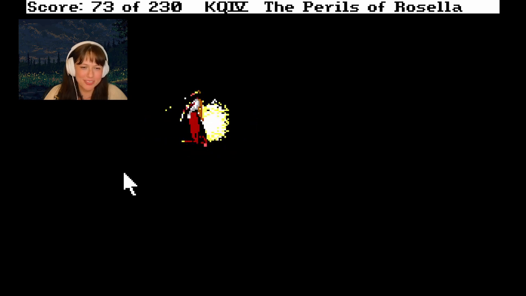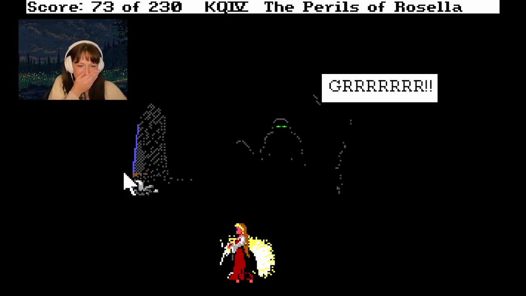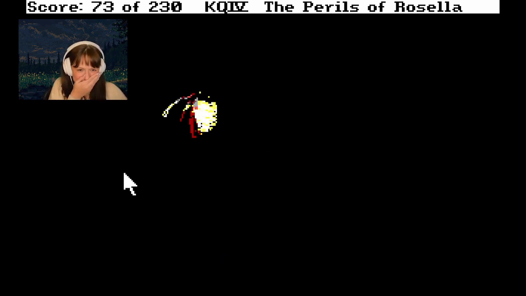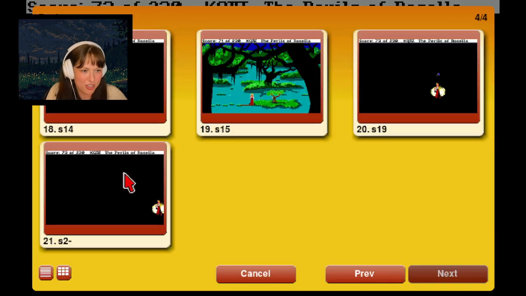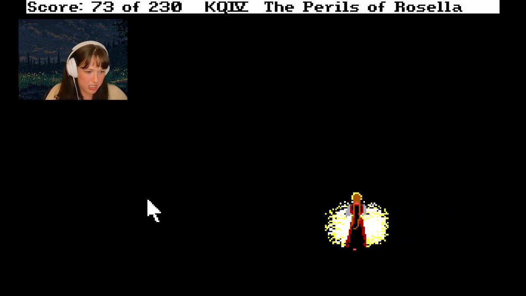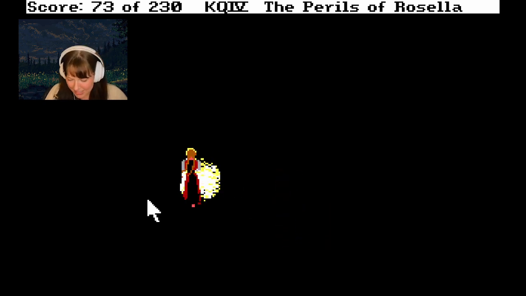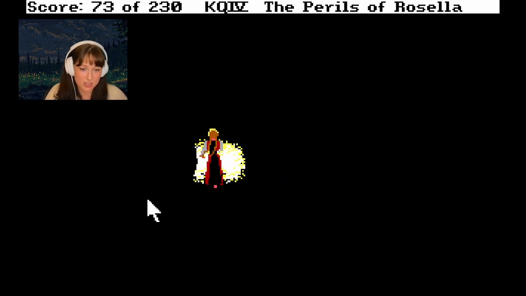What am I doing wrong? What is happening? Why can't I escape? There we go. I'm calm. I'm calm. I don't think you can run from him. We're gonna do this again, and we're gonna speed it up this time. Just get it over faster. Sierra and its dark, scary caves. I know,